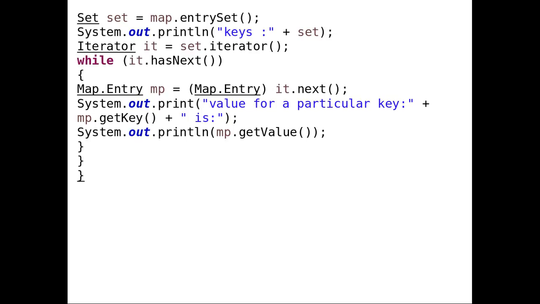method. For getting the key, I am using the Entry class reference variable, mp.getKey method, and for getting the value I am using the mp.getValue method. So we will get output like this.